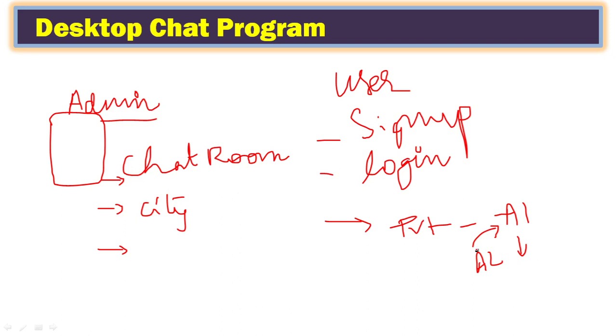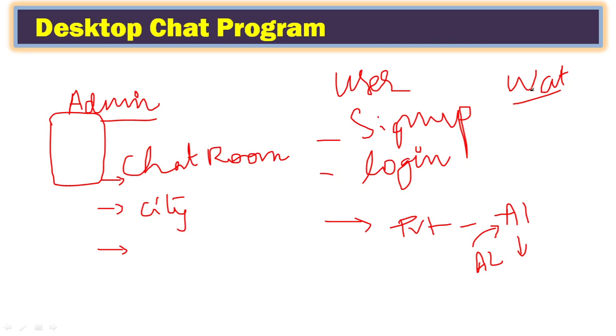So there are many chat applications. Particularly, take WhatsApp. For mobile, WhatsApp already occupies the number one place. Then why do we need to do this? Because each company may need their own chat program because they cannot always use WhatsApp. So in that case, we need to develop applications for the companies. Once you know this idea very well, when you join a company, you will be able to build a chat program for them. Or else, WhatsApp is for the mobile phone, and in the same way you can build one for the desktop also.